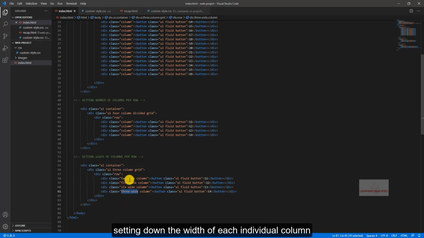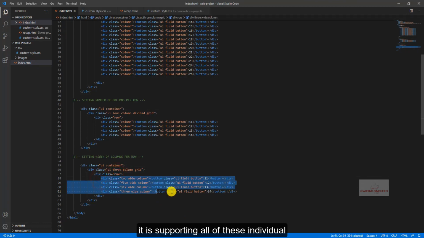It is practically setting the width of each individual column instead of using the available space within the grid. And that is why instead of forming the first 3 columns into a single row, it is supporting all of these 4 columns in the same row which we had created right